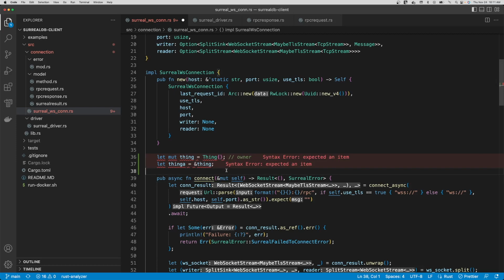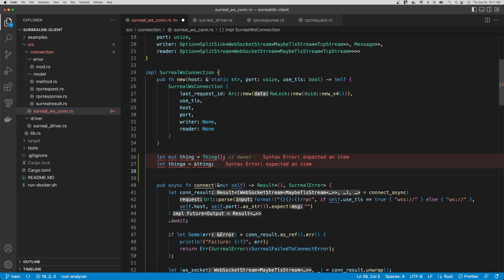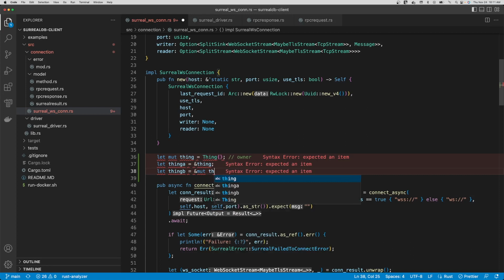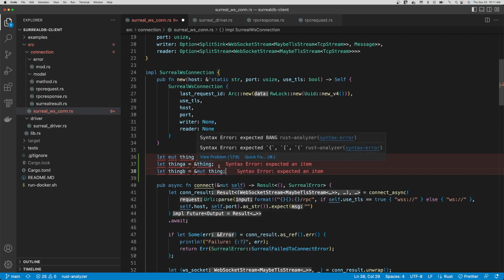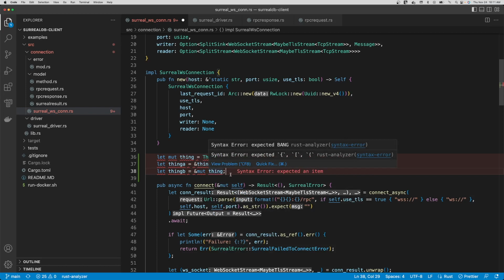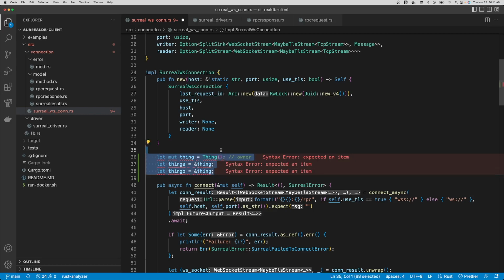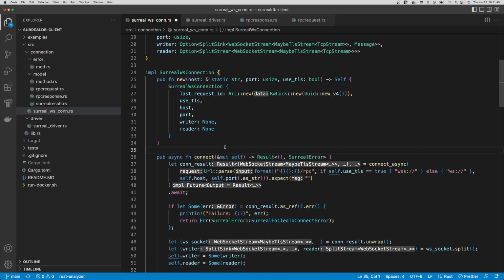The other thing to know is that there can only ever be one mutable reference. And as soon as I declare a mutable reference, I cannot have any more read-only references or mutable references. However, I can have multiple read-only references at the same time. So let's get rid of that. Then the next question might be,